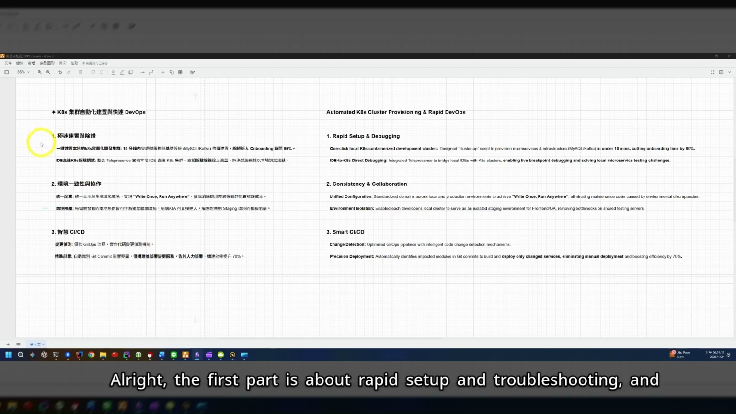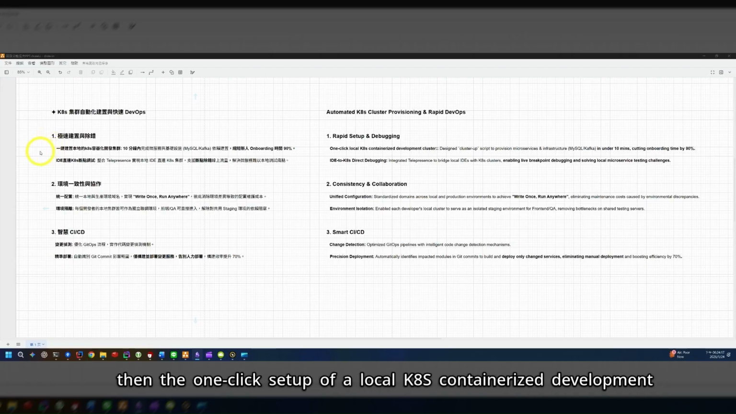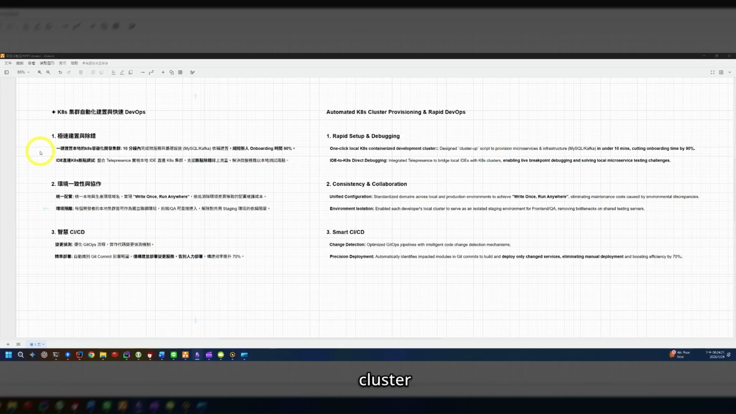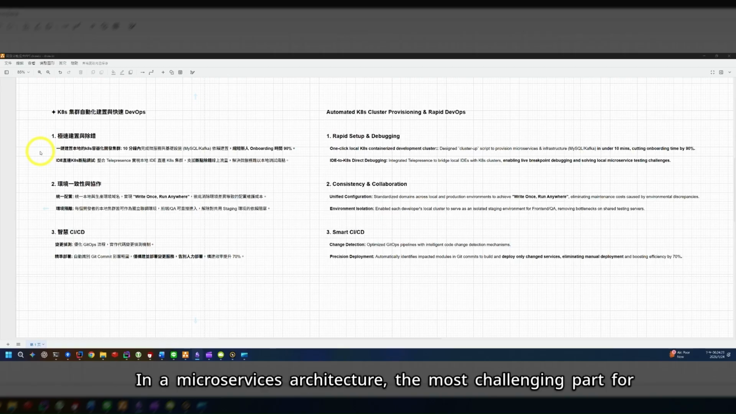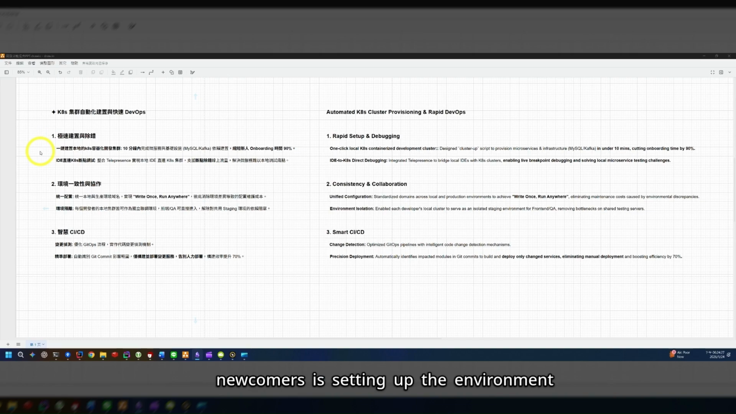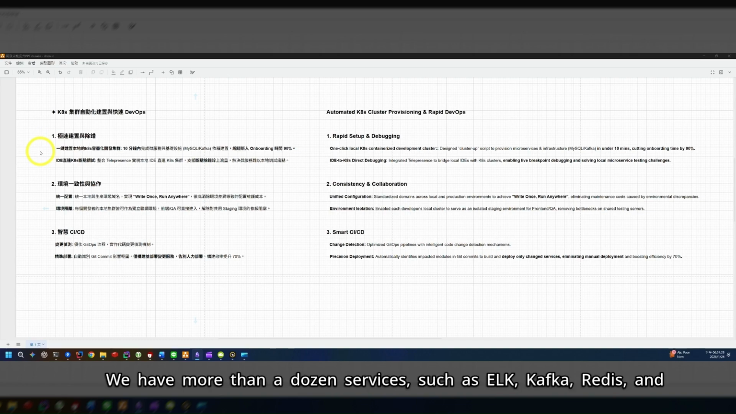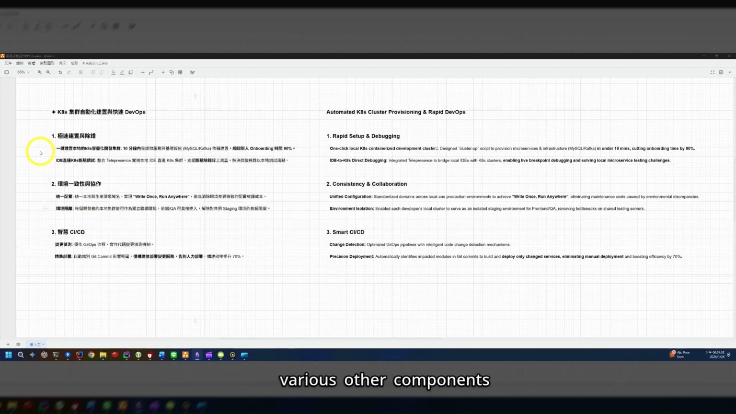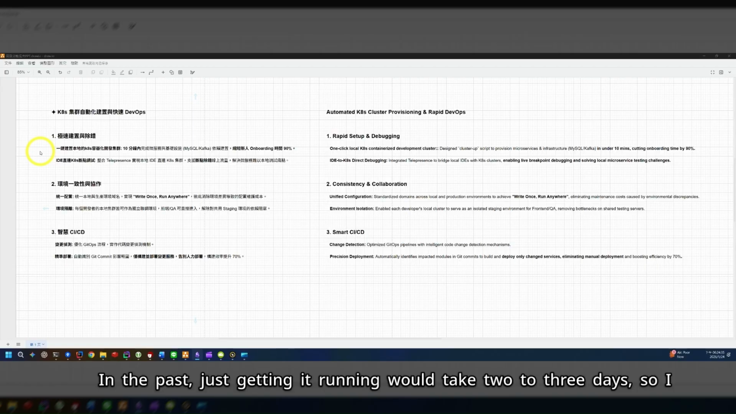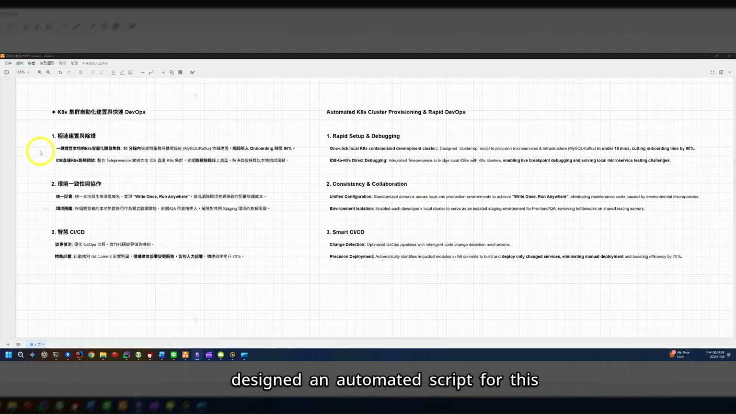Alright, the first part is about rapid setup and troubleshooting, and then the one-click setup of a local Kubernetes containerized development cluster. In a microservices architecture, the most challenging part for newcomers is setting up the environment. We have more than a dozen services such as ELK, Kafka, Redis, and various other components. In the past, just getting it running would take 2 to 3 days, so I designed an automated script for